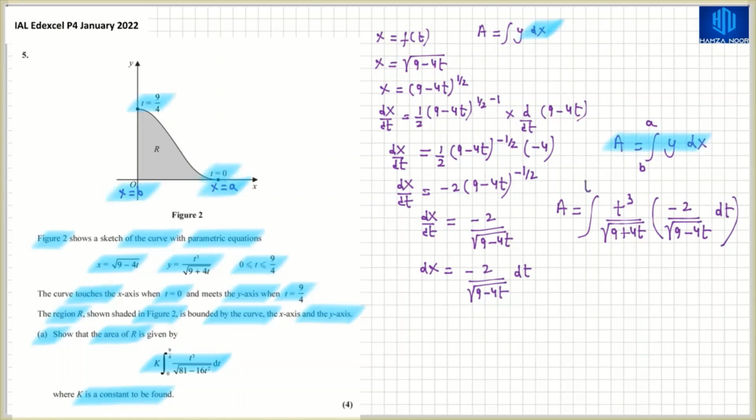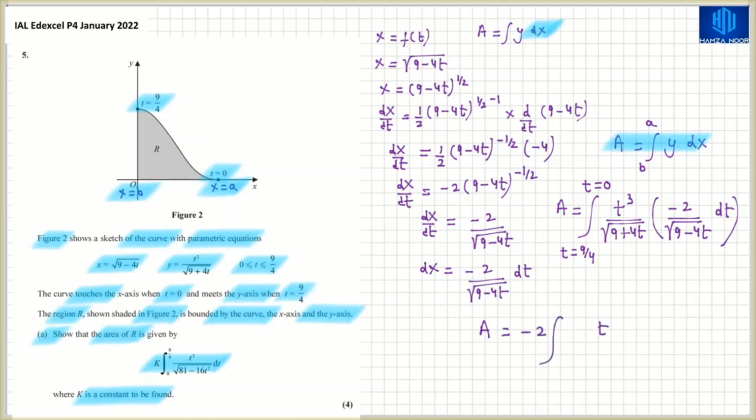So originally we have to put t equals 0 in place of x equals a, and in place of x equals b we write t equals 9 over 4. So the area will be equal to minus 2 multiplied by the integral of